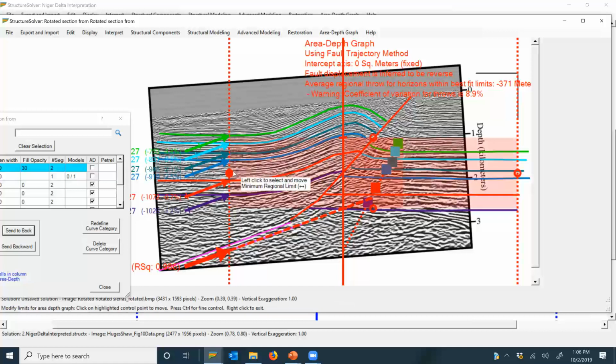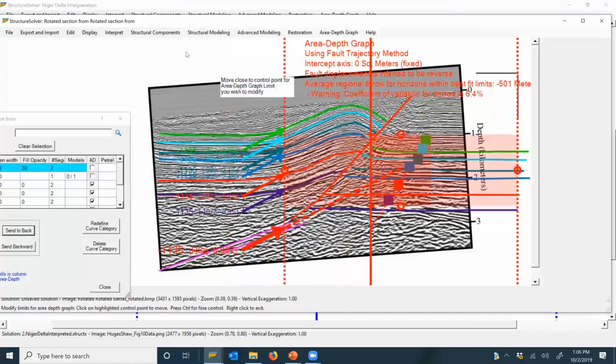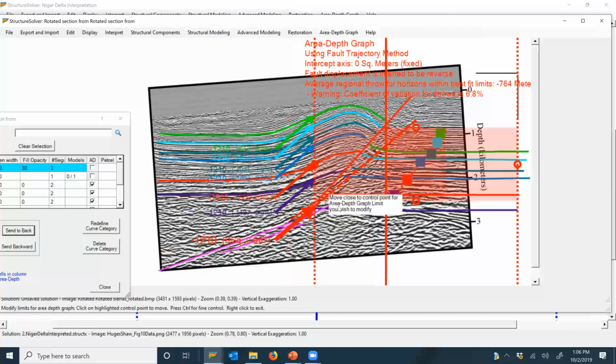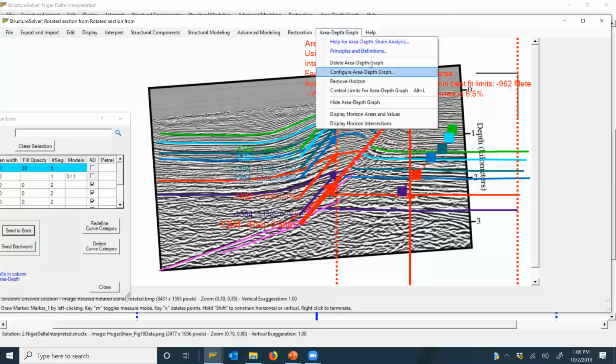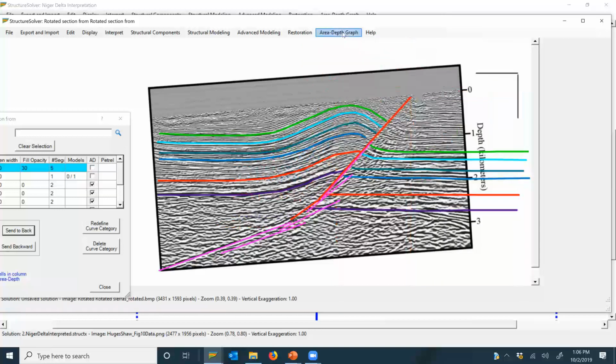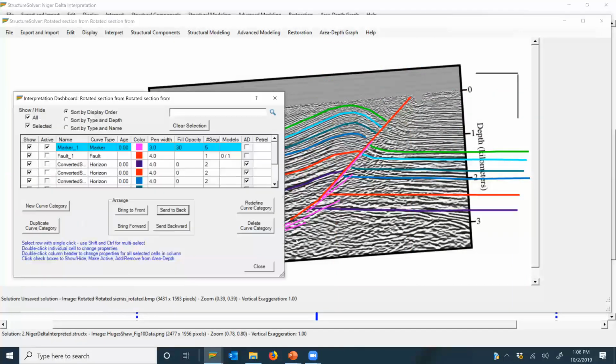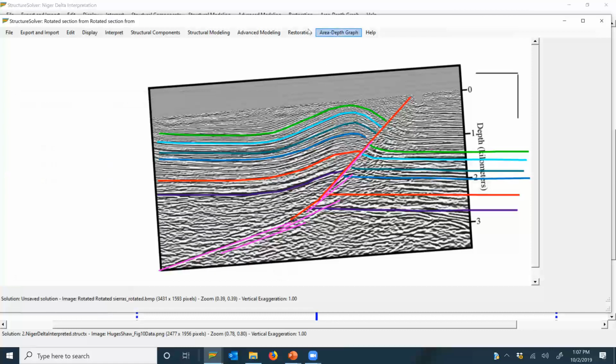And so this would be an example of if you had really no idea where that fault was in the basement. Just keep drawing these line segments in along the computed detachment location. Now if we hide our area depth graph, so now we've got basically a fault envelope for that deeper part of the section that we were looking at. And we can then